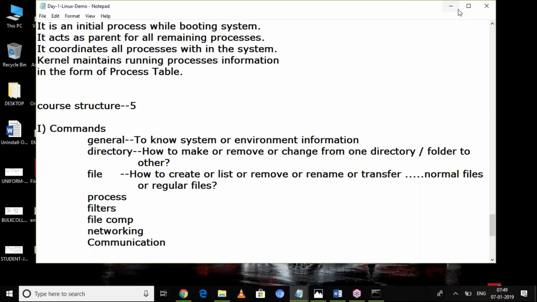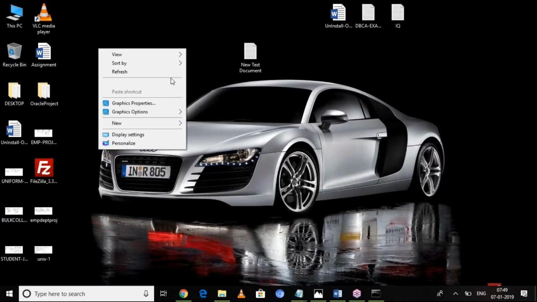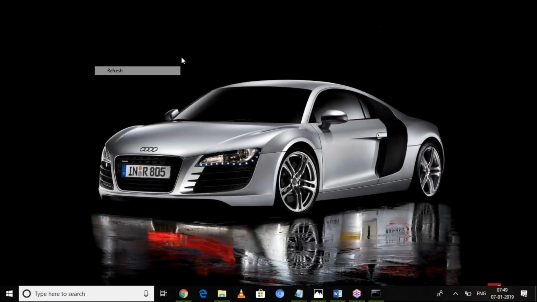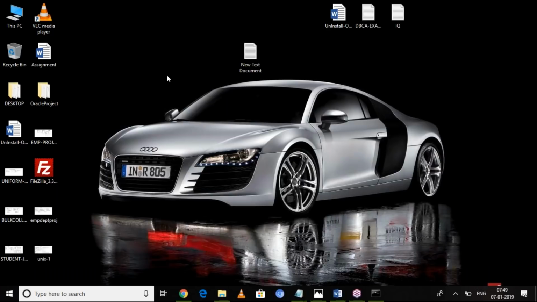Okay, now let me show you how the Unix environment looks like, how the Linux environment looks like. This is the Windows operating system. Without disturbing the Windows operating system, we can maintain a second operating system, Unix or Linux.